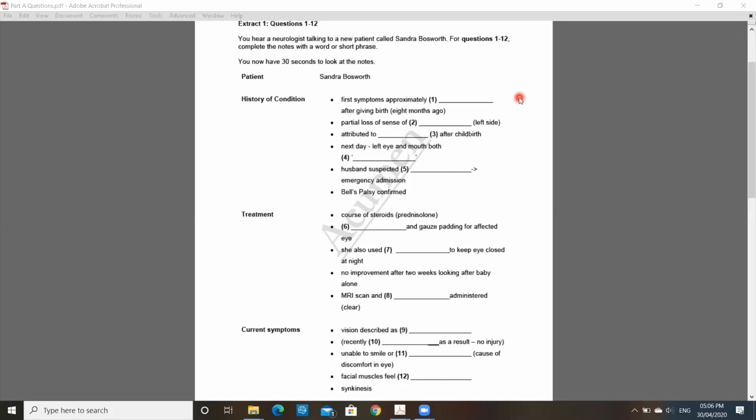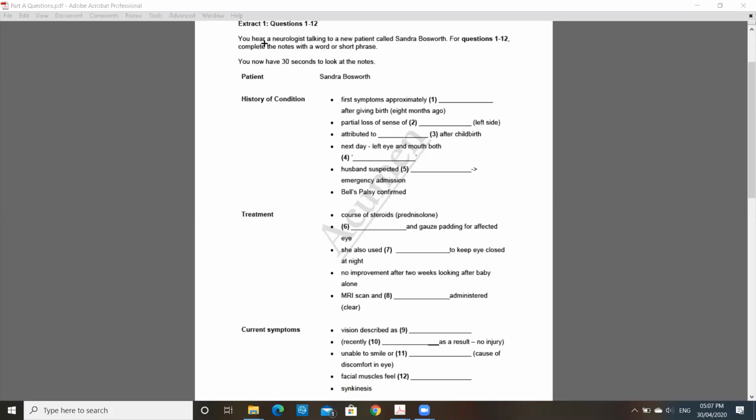And we are trying to get maximum correct here, at least 20 correct here, because we know part B and C is more challenging. So if we are able to make up a good score here, then it would increase our chances of passing the test. So let us do the pre-listening activity.